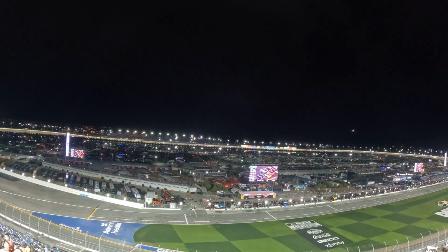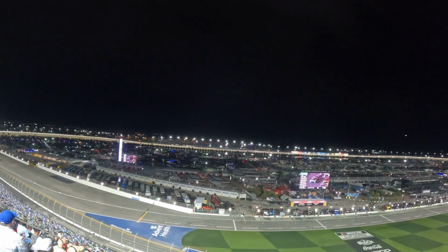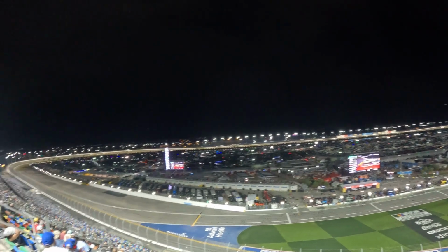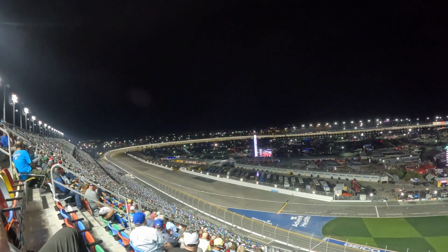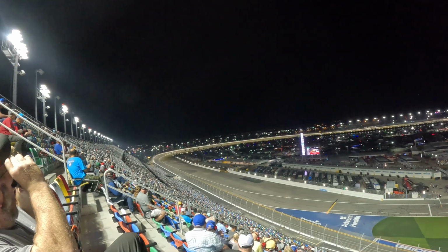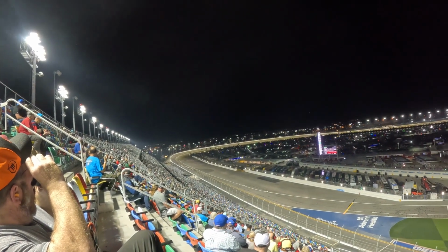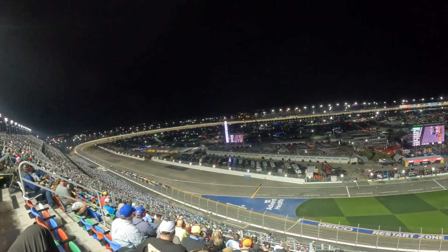Here comes that outside line. Storming up the outside. It is Ty Majeski in 3. The 4-pack at the front of the field. Ankrum and Eckes on the bottom. Ben Rhodes and Corey LaJoie in the outside lane for now. Ankrum gets propelled back to the front by himself. He's going to stay right at the bottom of the racetrack. That outside lane is